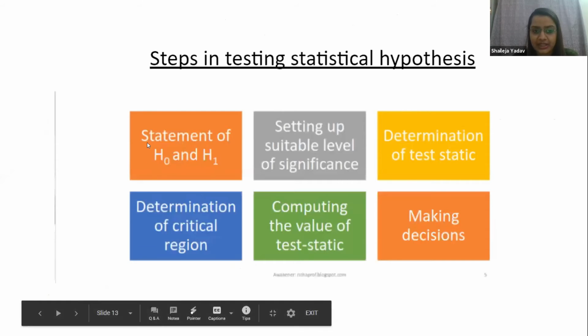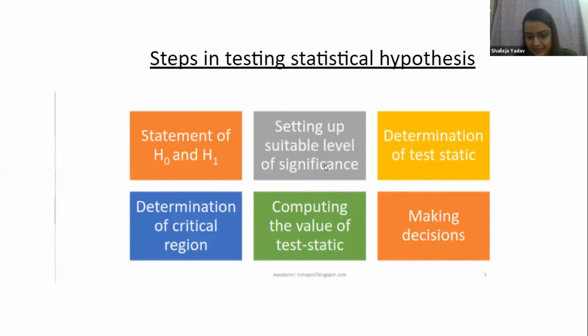So we have determined the null hypothesis and the alternative hypothesis. Now we will be setting up a suitable level of significance. I know we already know all of the meanings of alpha and